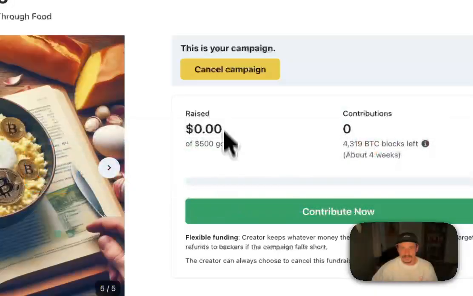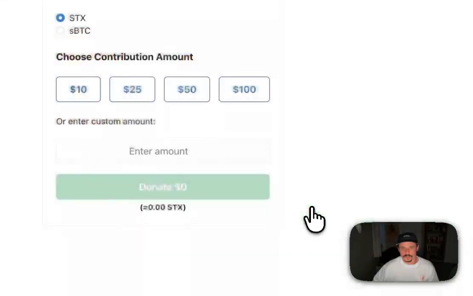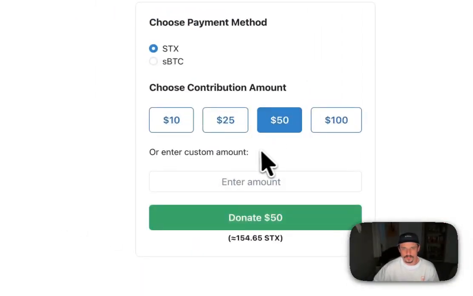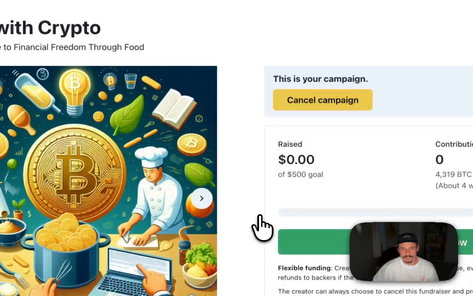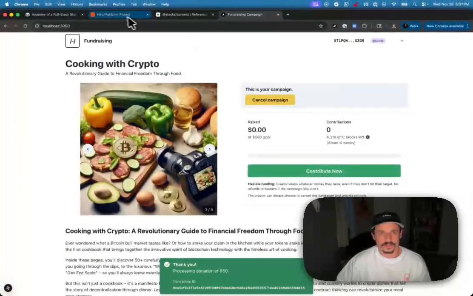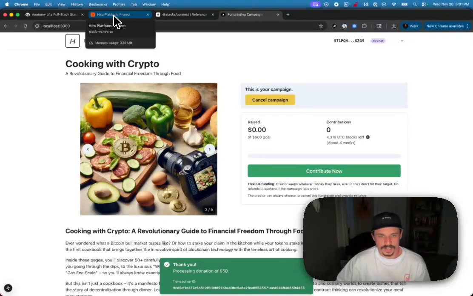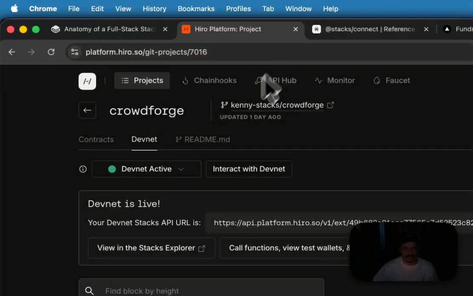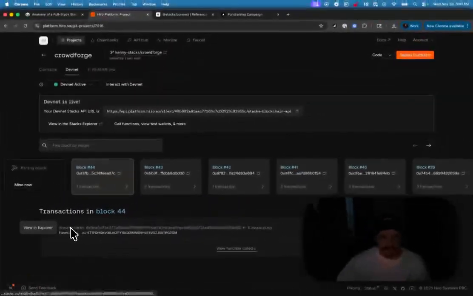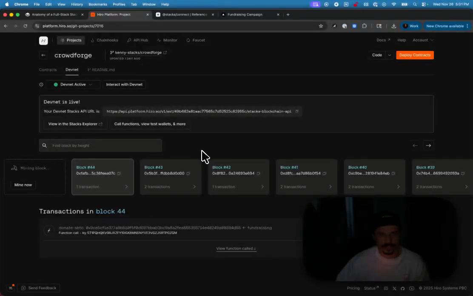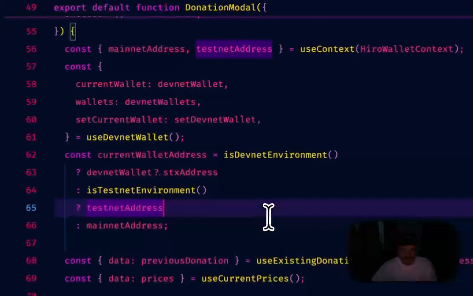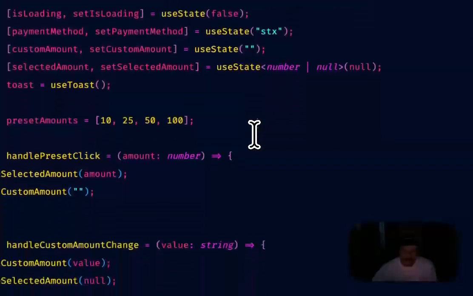But since we have our campaign initialized, if I was going to contribute, I could say I want to contribute SBTC. I'm going to donate $50 of SBTC, and you can see it's going to convert that on the fly for me. I'm going to donate that. That's going to do the same thing we just did when we initialized our campaign, and create a new transaction here. And there it is right there, that donate SBTC function that we just called. So if we look in this donation modal,